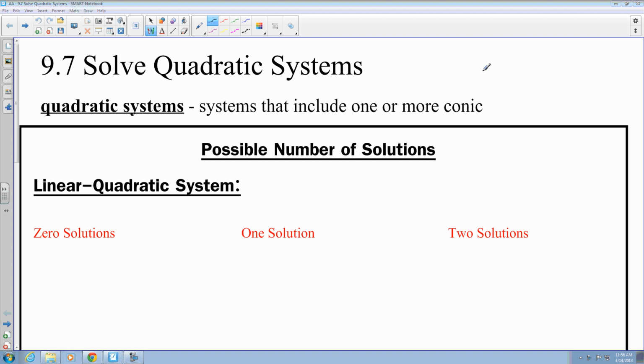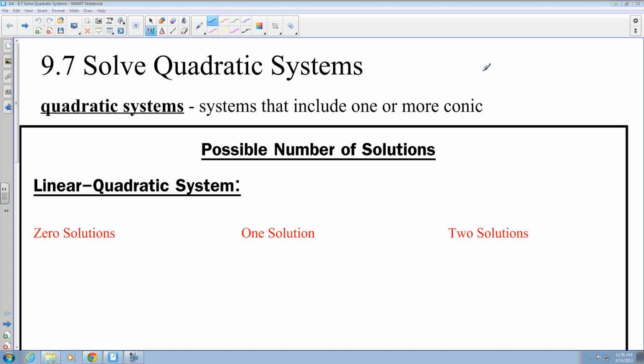It's still the same process, but now we're going to solve quadratic systems. So we have two conic section equations, and the intersection of those two shapes in our graph are what